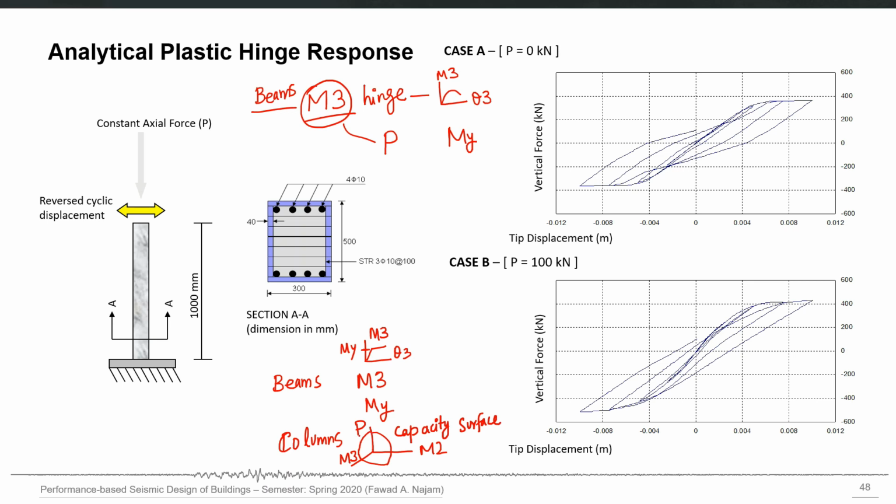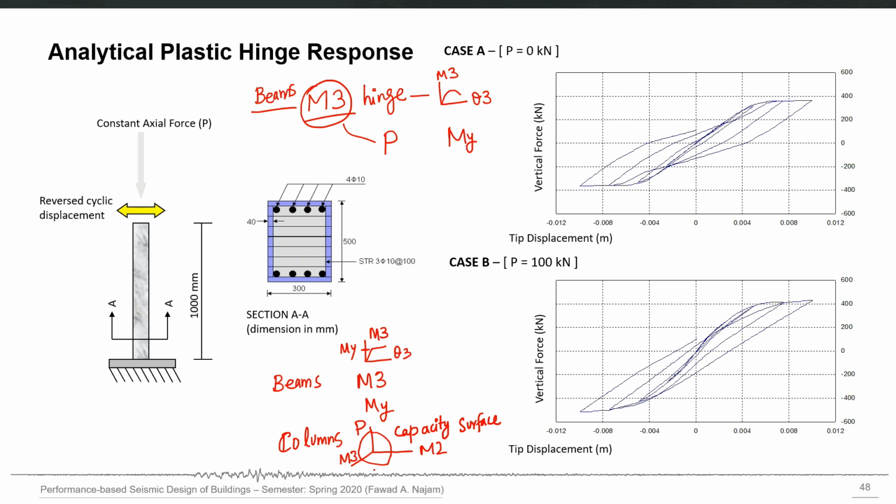If for example I say that P is 150 kip, then corresponding to that 150 kip, there will be an M2 and M3 which will fail that column. If I say 100 kip, there will again be some M2 and M3 which, when combined with that 100 kip, will fail that column. So there is no one unique number which can be considered as the capacity of the column. It is the complete surface.